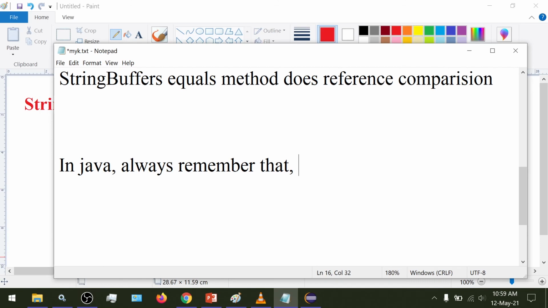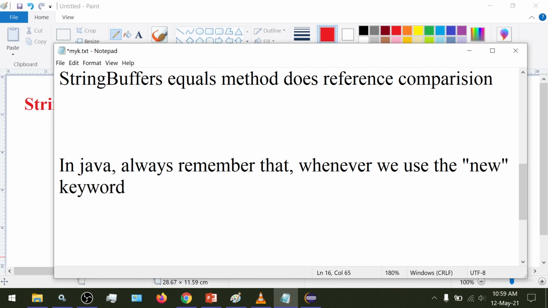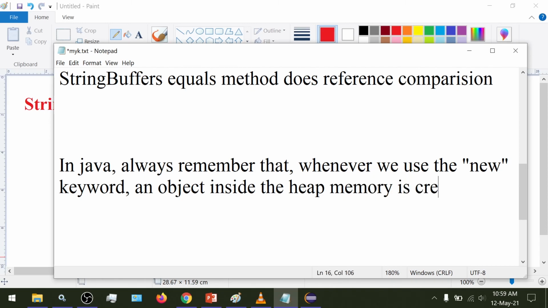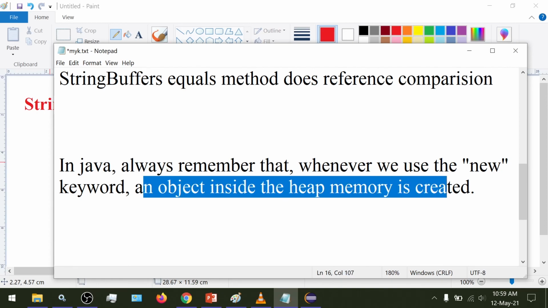Always remember that in Java, whenever we use the new keyword, an object inside the heap memory is created.